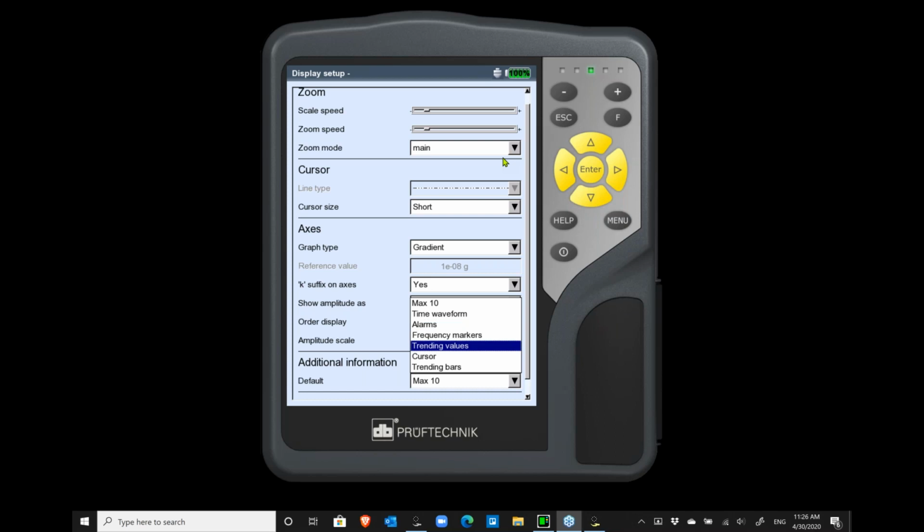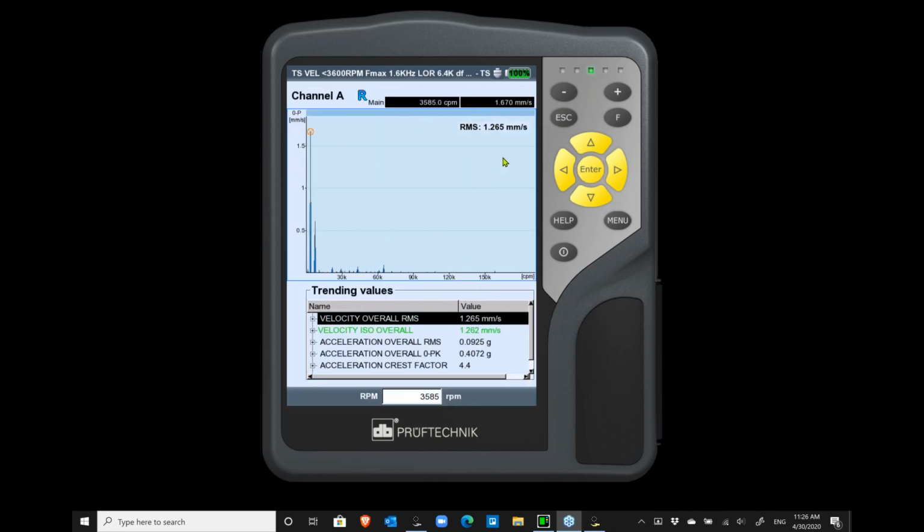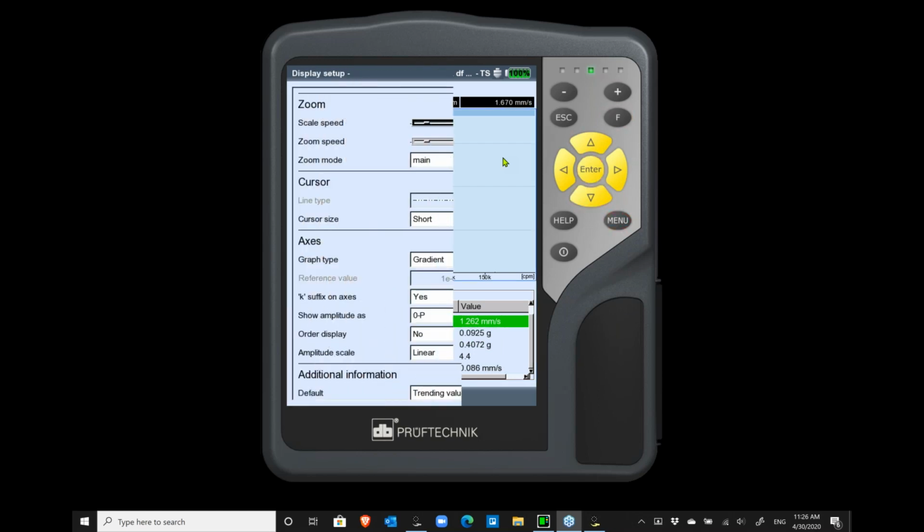If you've got trending values, I'll show you that one. We'll set that so it displays the trending values, and it shows me using the F key. I can jump down to the bottom and go up and down and have a look at my trending values. But as I said before, I like to actually have my favorite one on there, which is